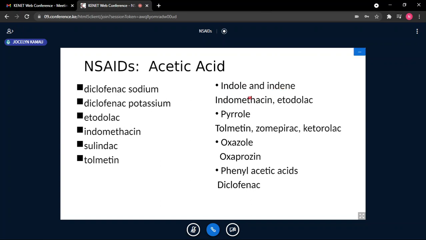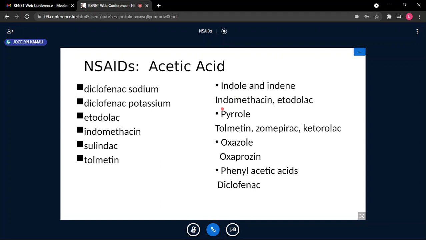Indomethacin for indo. Also, etodolac is also an indo. Sulindac is an example of an indene derivative. We will see the difference that indo has a nitrogen, and for indene, the nitrogen has been replaced by a carbon with retention of activity. Then we have the pyrrole ring, which is also indo. It's where we have seen the bicyclic ring. You have a phenyl ring joined to a pyrrole ring. That is an indo.